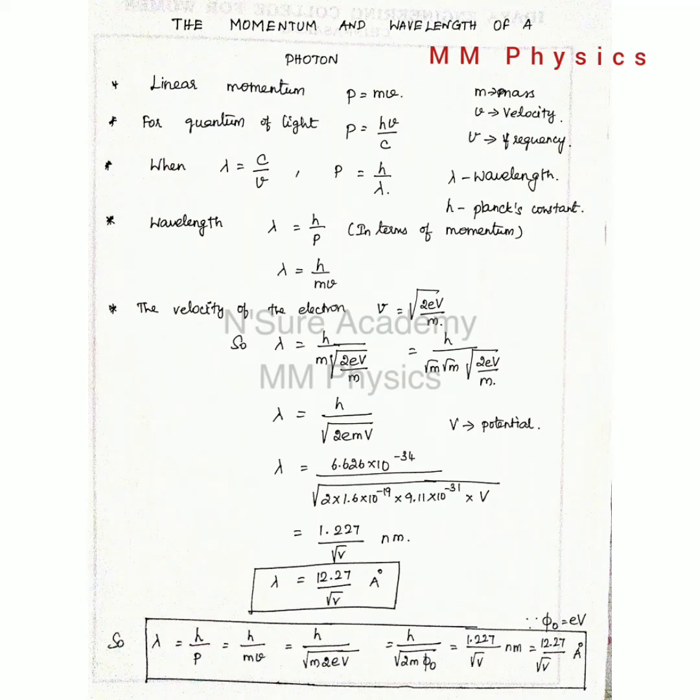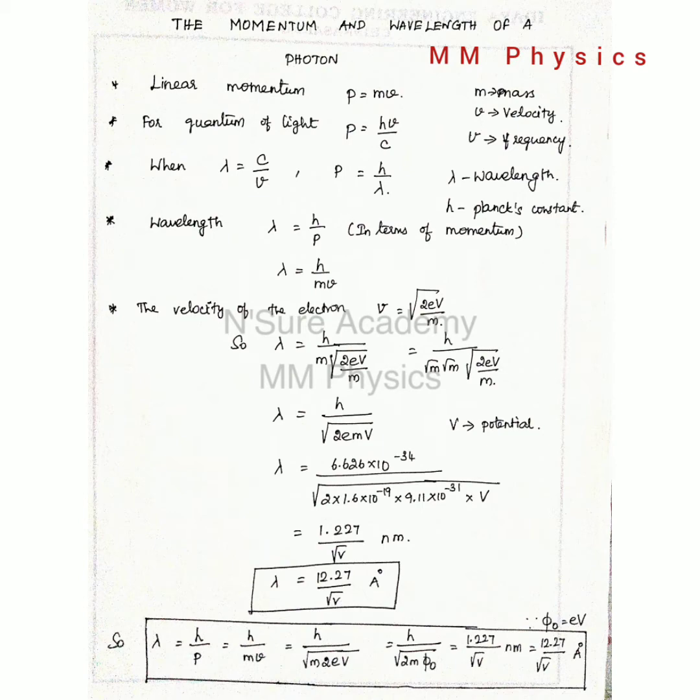Hi students, let's see about the momentum and the wavelength of a photon. We know that the linear momentum can be given as p equals mv, where m is the mass and v is the velocity. For the quantum of light, the linear momentum can be expressed as p equals